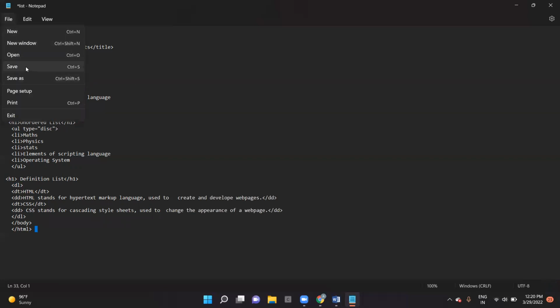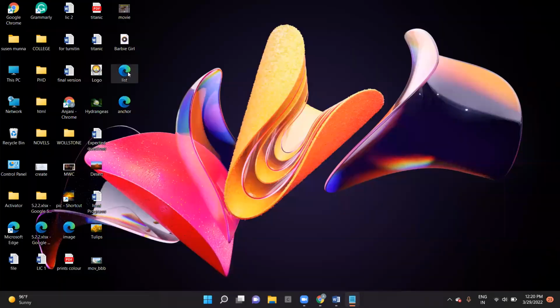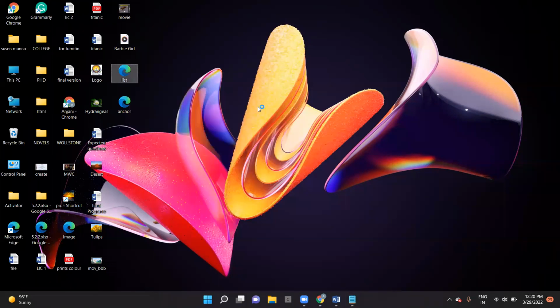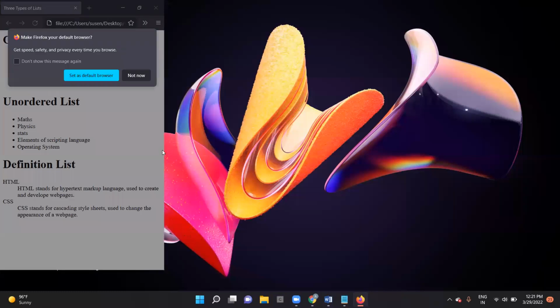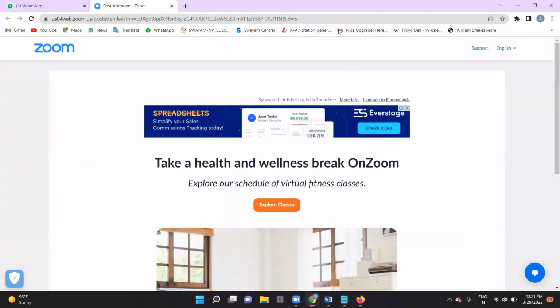Once I have done with some changes, I need to save my file. I save the file, and I am running the file here. For running the file, I am going to the list file and opening it with Firefox. So I'll get our output in this way. This is the output. I'll get, see here, the ordered list. There the type is one. I can have mathematics, physics, stats, elements of scripting language, operating system as 1, 2, 3, 4, 5, and next the unordered list. By default it will take this, and if I remove it also, it will not do anything. We don't have any problem with that. You can have